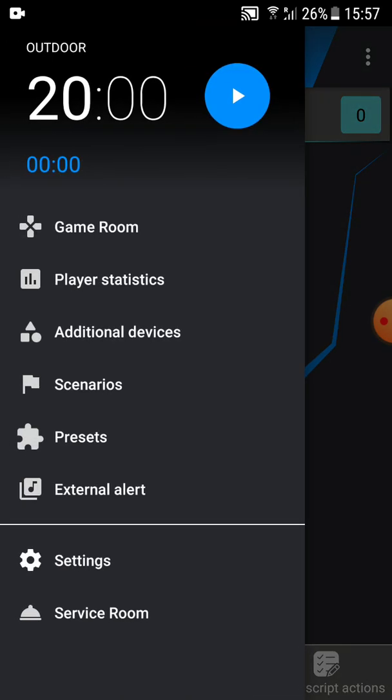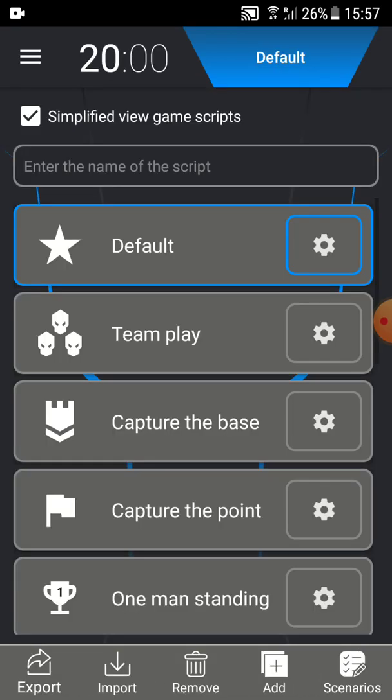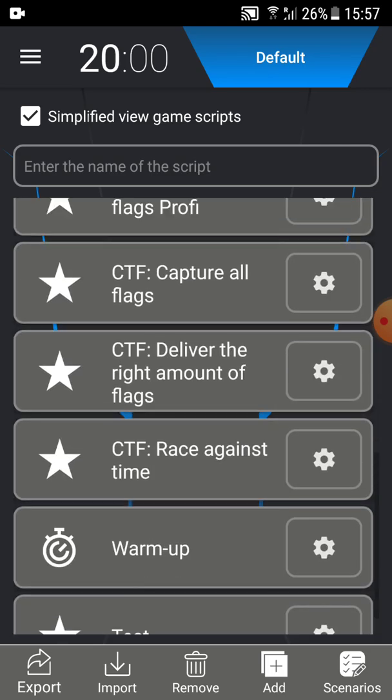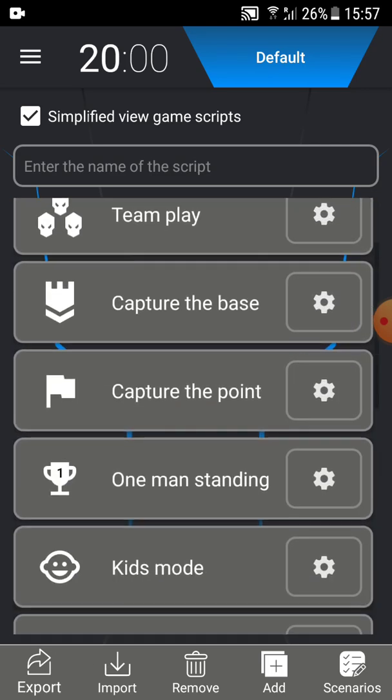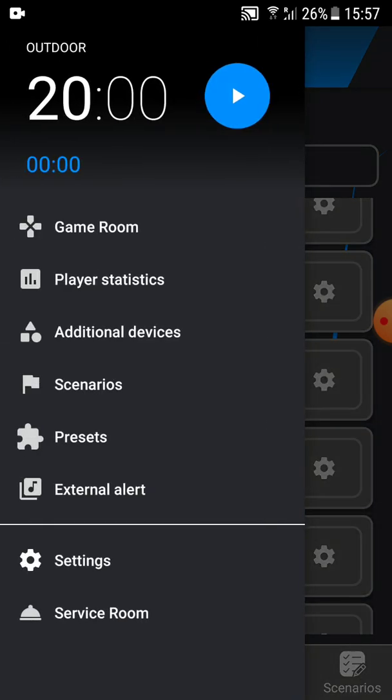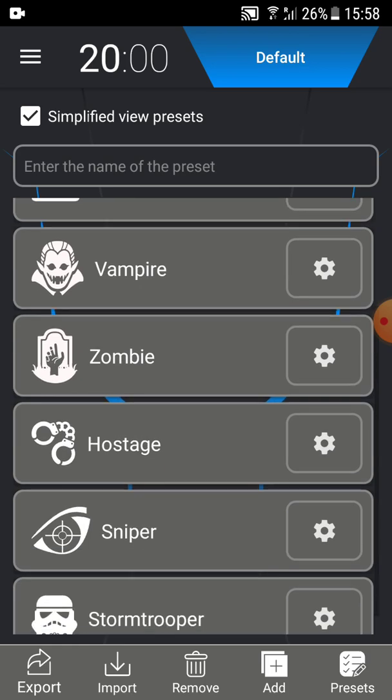So let's go to our menu. And before talking about the presets, I want to emphasize scenarios because a preset cannot work by itself. It has to be on a certain scenario. For example, you choose to play one man standing, and in the one man standing there can be 4 teams, let's say red, blue, green and yellow, and in different teams you will have different players. It can be doctor, vampire, zombie, or as in this video we'll create our own